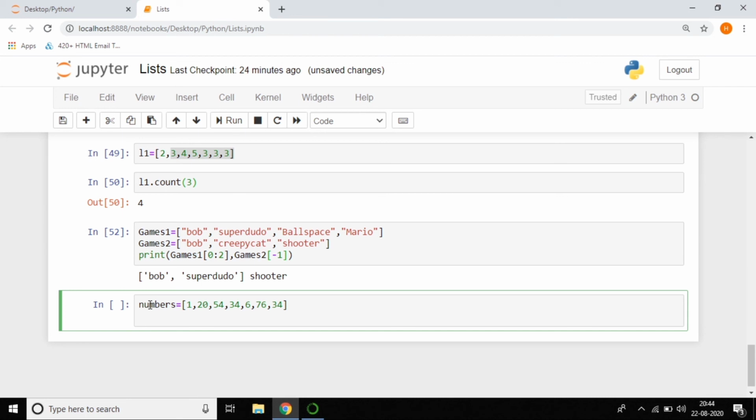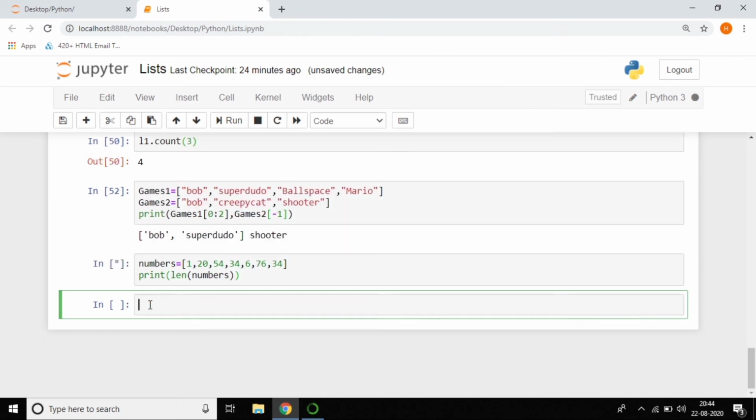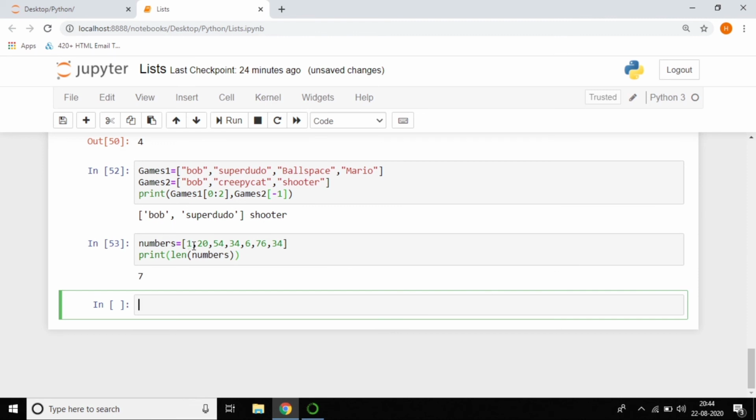Now I want to know its length. So just use print and find the length of numbers. You can see the output, it was 7. Of course I passed 7 items.